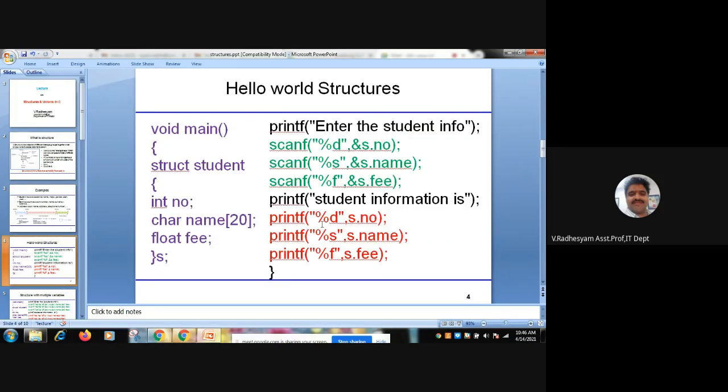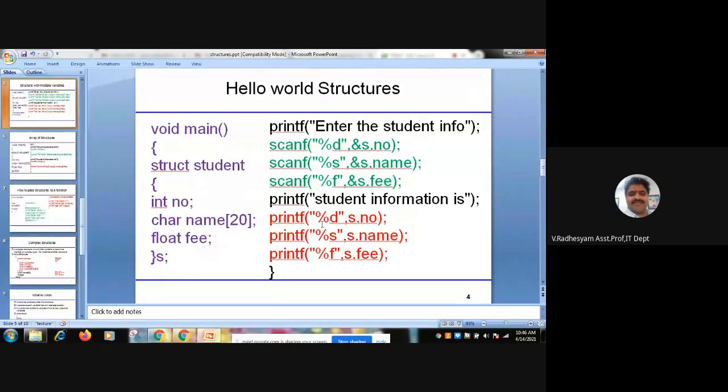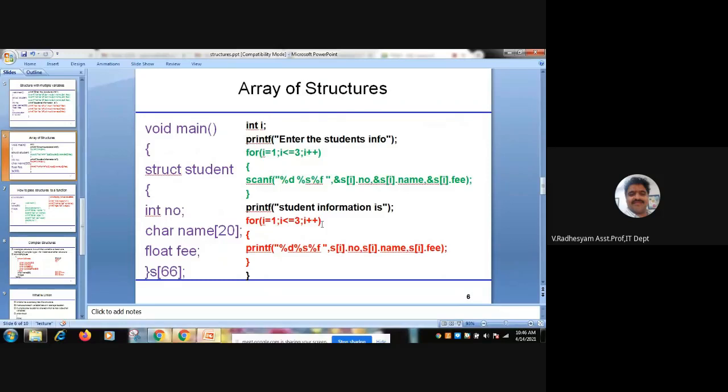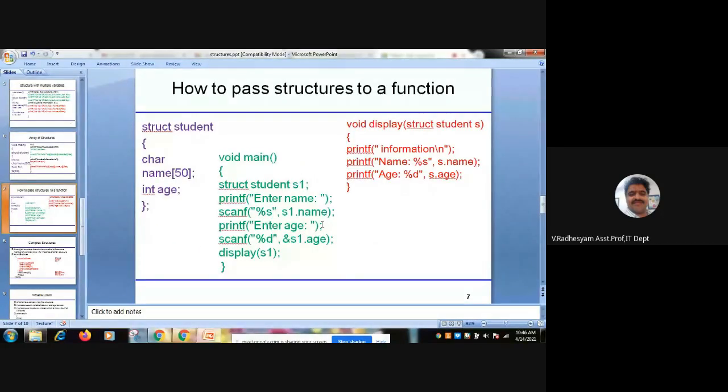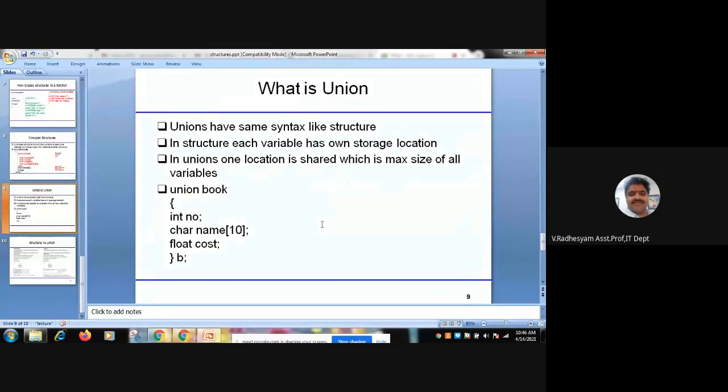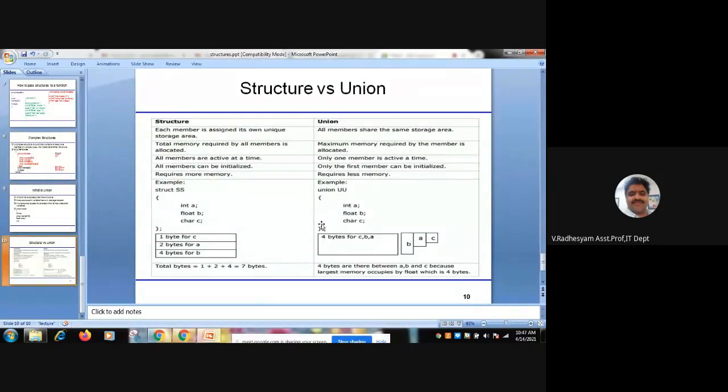Everything else will work like structures only. In the case of unions, the same hello world union, same multiple variables, everything is possible in unions also. This shows what is the difference between structure and union.